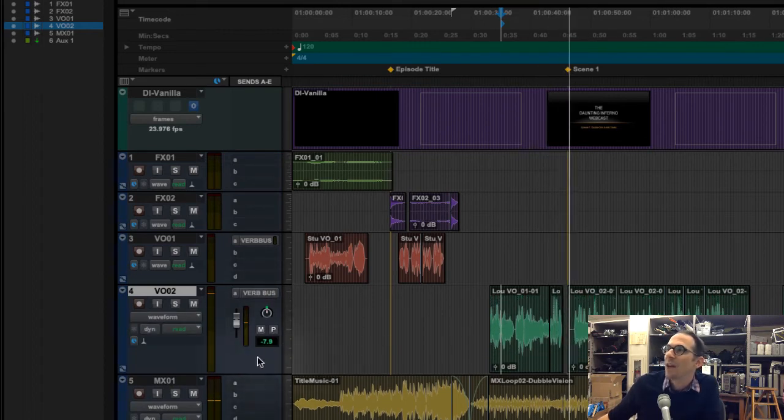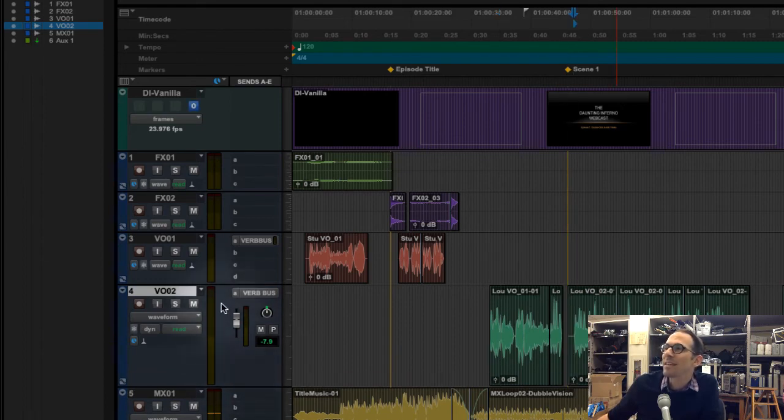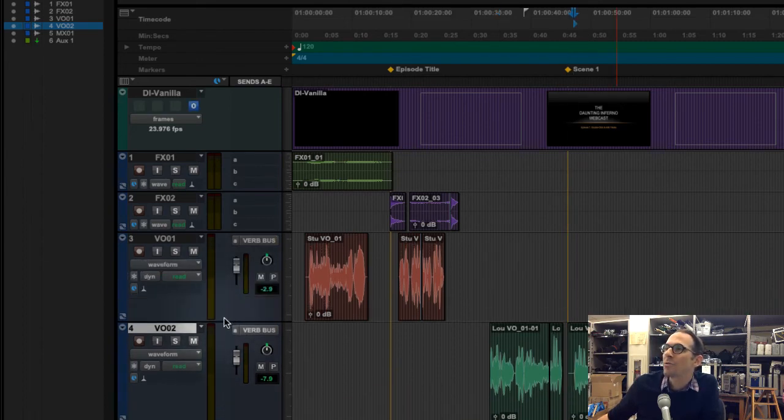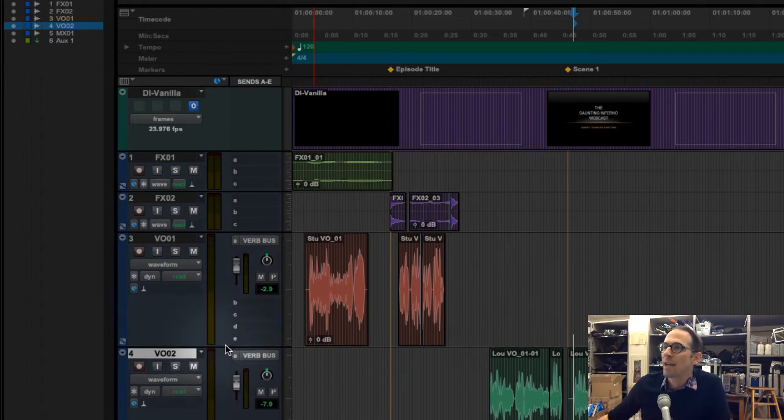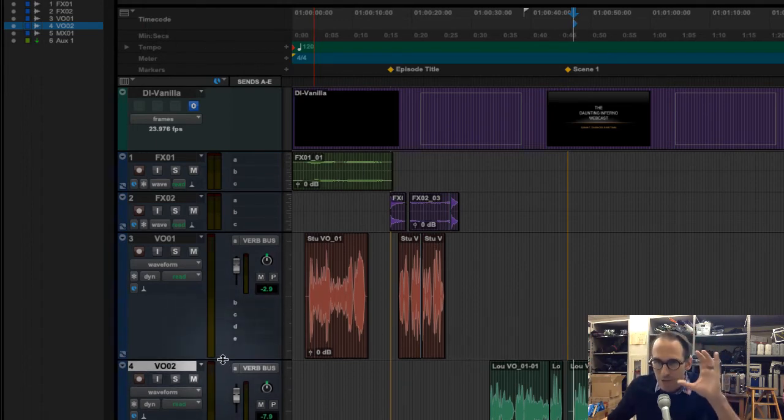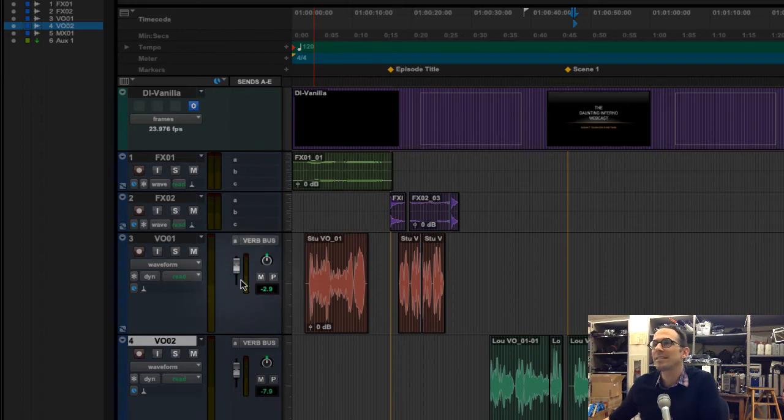See, oh, there it is. You just have to basically open up the tracks a little more. There it is. So the expanded sends are visible in the edit window. You just have to actually make the tracks physically bigger so you can actually see them. There it is. Great. So this lets me know